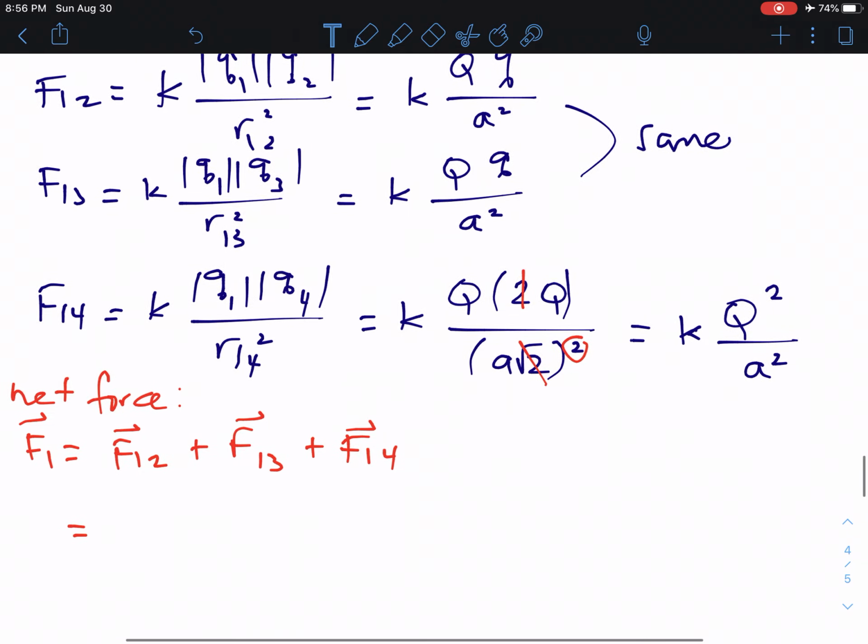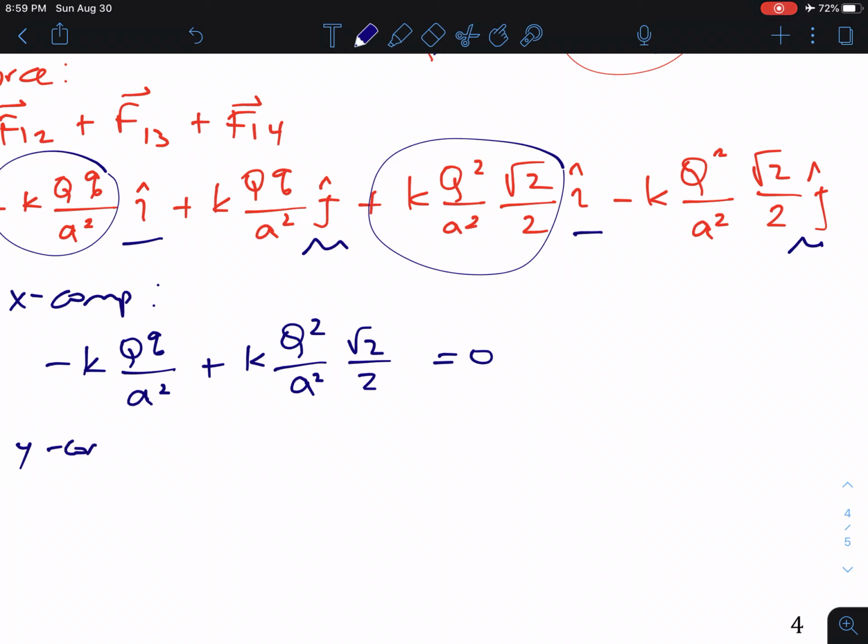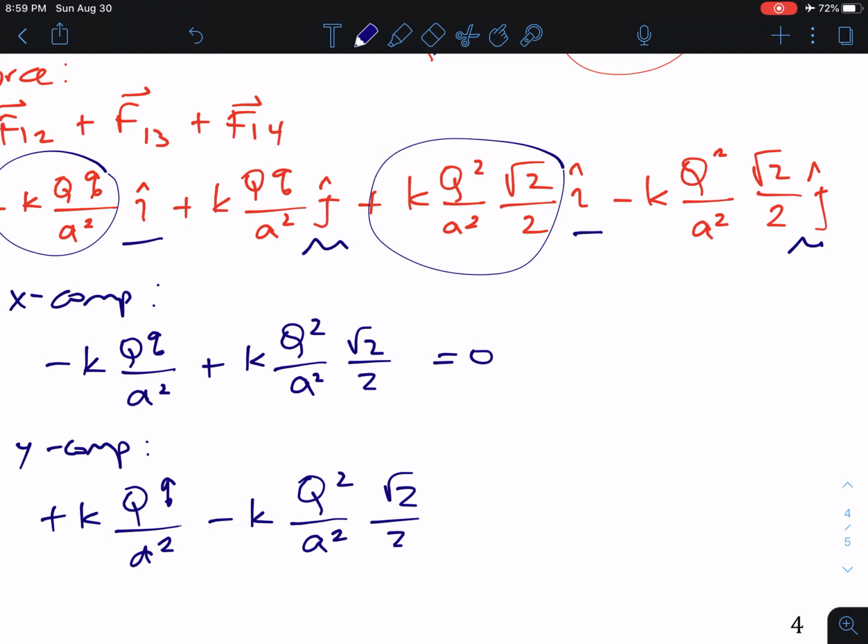Same thing, we will do it for y component. The first one is positive k capital Q little q divided by a squared. And also realize that I'm dropping i hats and j hats because I don't need them anymore. I'm just matching them, and on the right side is 0, so there's nothing to match, so that's why I'm putting on the right side as 0. Next is negative k Q squared over a squared root 2 over 2,